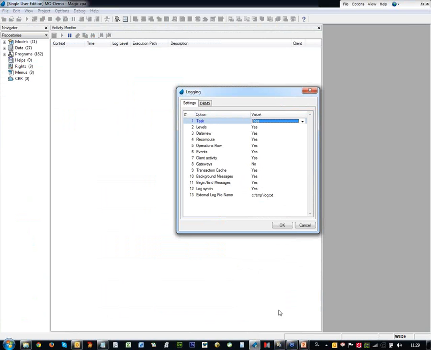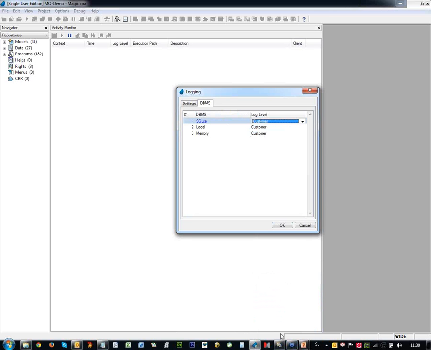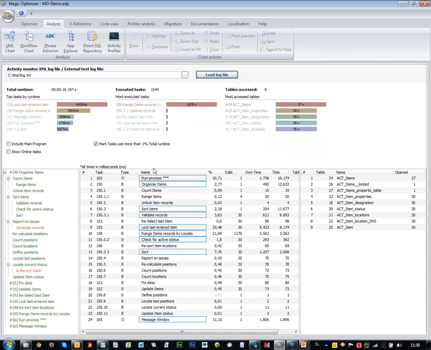Now currently Magic Optimizer does not deal with how the database log level is defined, whether it logs anything or not. But in next versions you're going to see a lot more information about what is actually going on, what goes through the database and back through the gateway. So wait for the next couple of versions. This is going to be much more improved, and I'm happy that finally this is here, that it's a ground